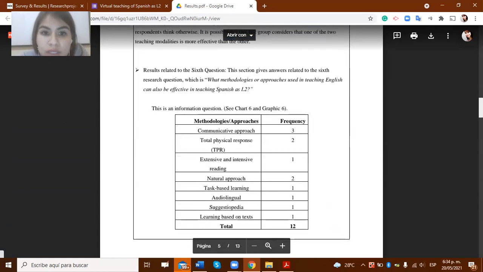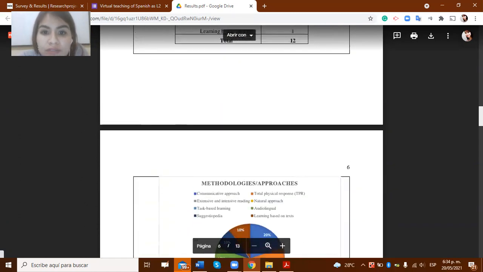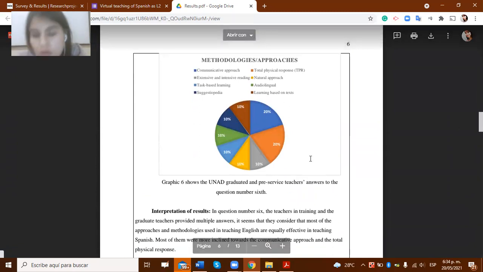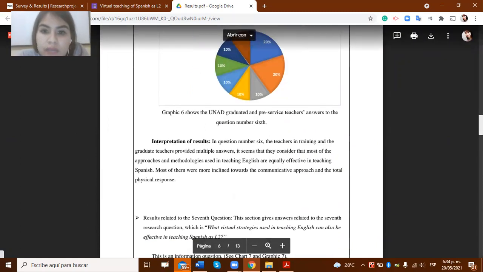Now, in the sixth question, I made a chart, and afterwards a graphic. As you can see, all results in résumé. The teachers in training and the graduate teachers provided multiple answers.